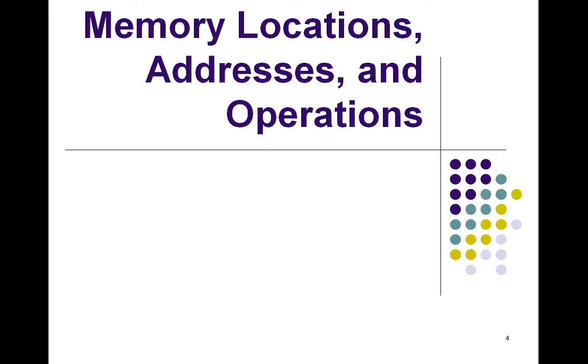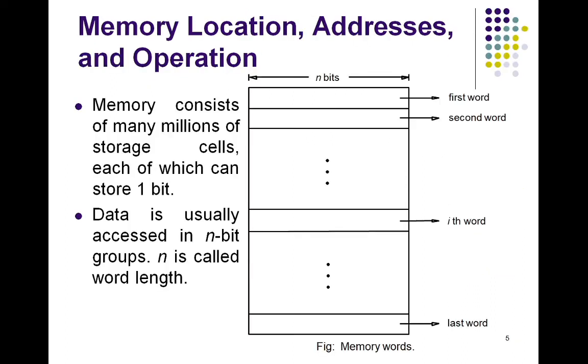So first let us look into the memory locations, addresses and the operations. As we already know what the memory is, in today's class let us see how the memory looks and what the representation of a memory location is. Here the number and character operands as well as the instructions are stored in the memory of a computer. As you know, basically memory is the storage. So the memory can store the number and character operands as well as the instructions.